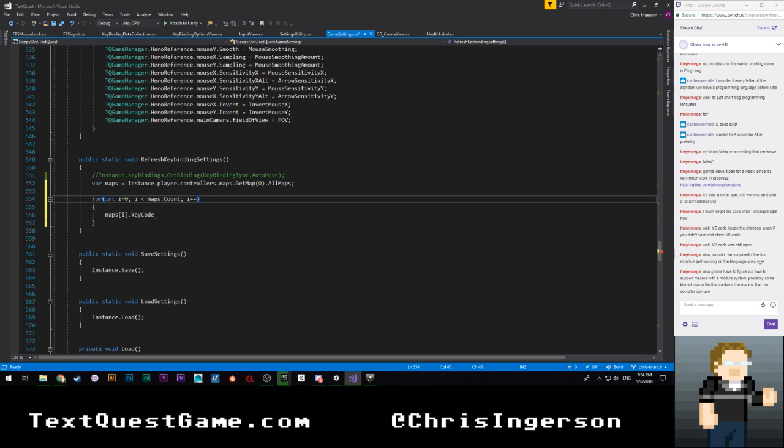Also gonna have to figure out how to support macros with a module system. Probably some kind of macro file that contains the macros that the compiler can use. Well, I mean, you're gonna have to figure out everything. You say it like that's the only thing that you have to figure out, or like one of the last things that you have to figure out. It's like, oh, there's a lot